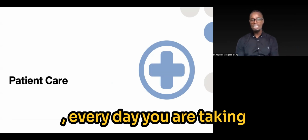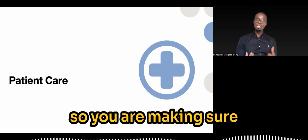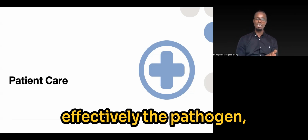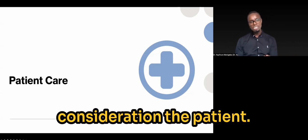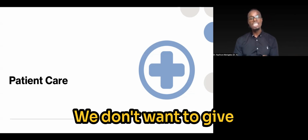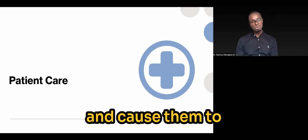Every day you are taking care of the patient, making sure that they're on the right antimicrobial. So you are making sure that we're using the right drug that effectively treats the pathogen, the bug that the patient has, but also taking into consideration the patient. We don't want to expose them to too much antimicrobial. We don't want to give them an antibiotic that will interact with the other medication